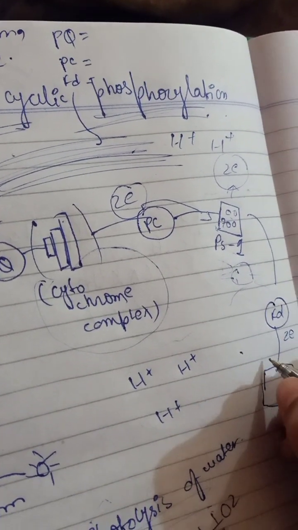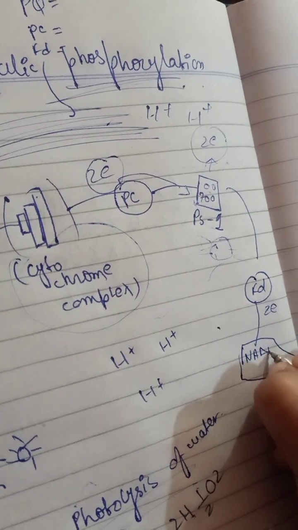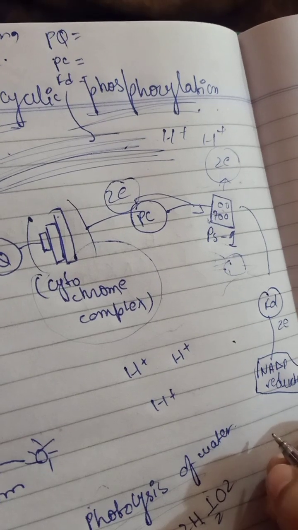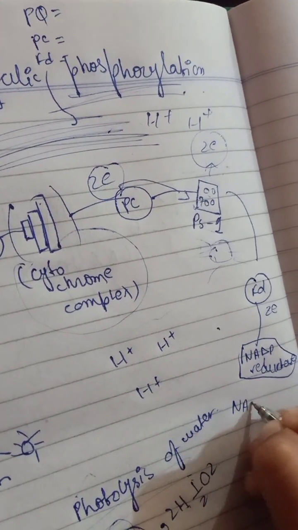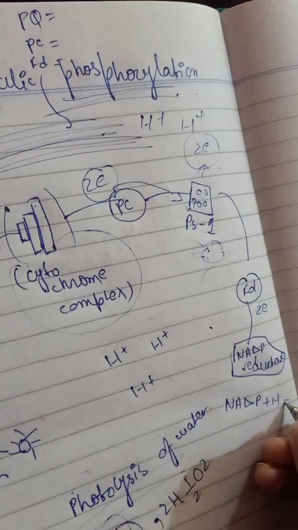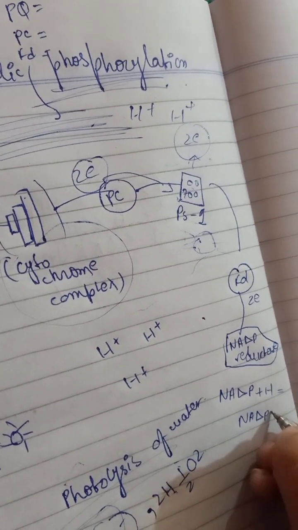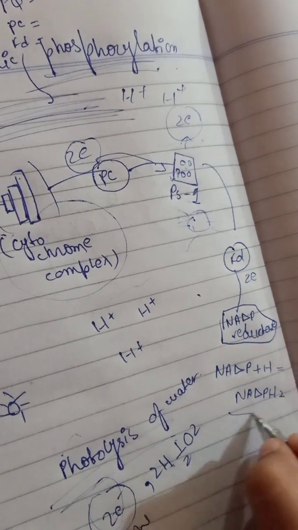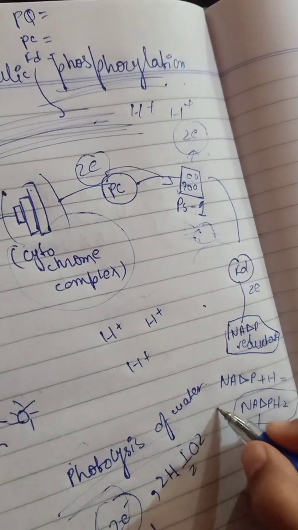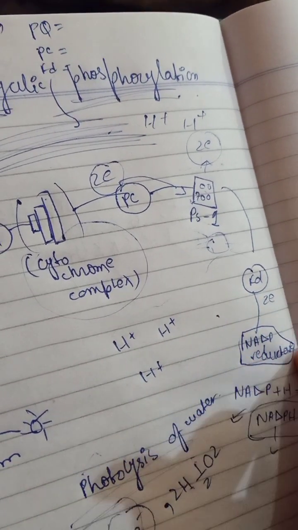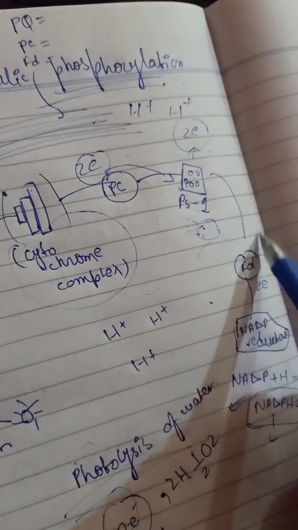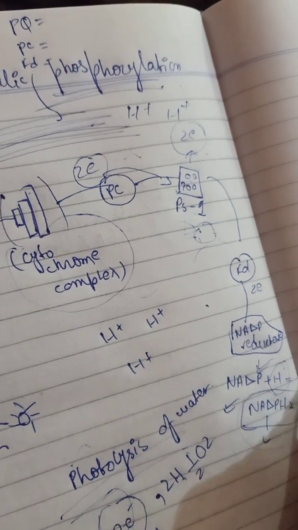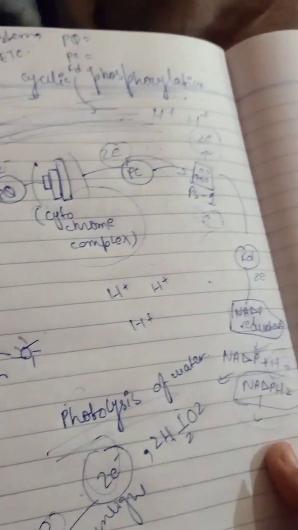NADP reductase. This is an enzyme which does the reduction of NADP, like NADP plus hydrogen gives NADPH2. Okay, this will be used in the dark reaction, but there is a production of NADPH2 after the NADP reductase, because there is a high concentration of hydrogen ions. So after that, hydrogen is added, and they are making the NADPH2. Okay, after that,